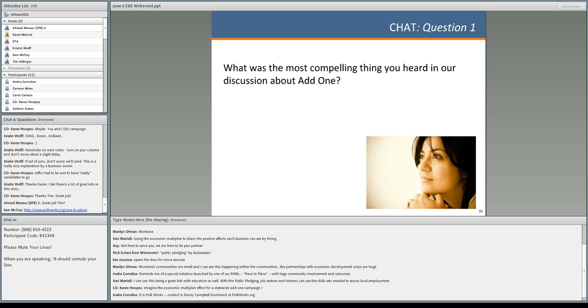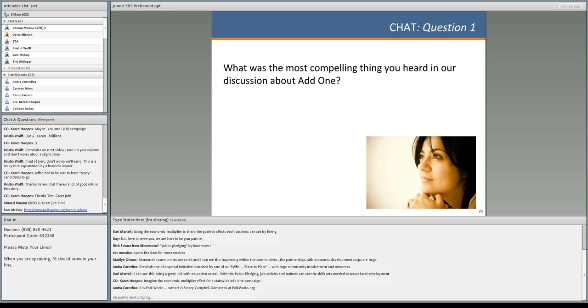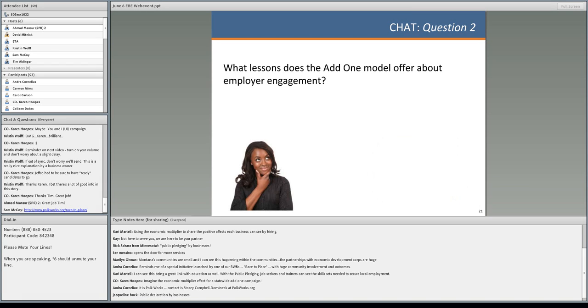The economic multiplier effect seemed like it resonated with lots of you. Oh, and thanks, Andrea, for the connection to Stacy. This is great. It looks like Jacqueline is going to make a contribution here too. Yeah, this public contribution. So the two things that really seemed to resonate for people was this sort of public declaration and then the idea of the economic multiplier effect. So that's great. Okay, so we're going to move on now to the next question,